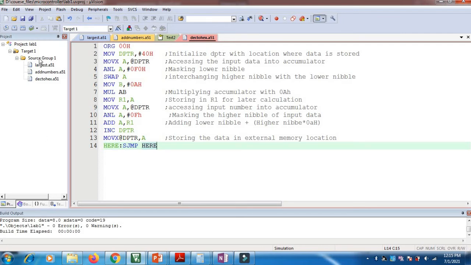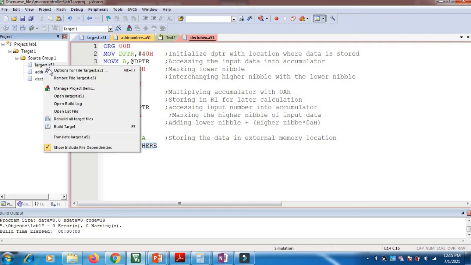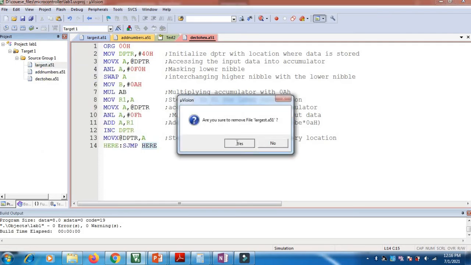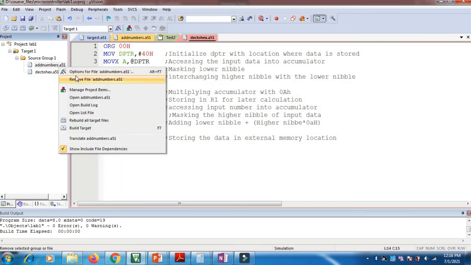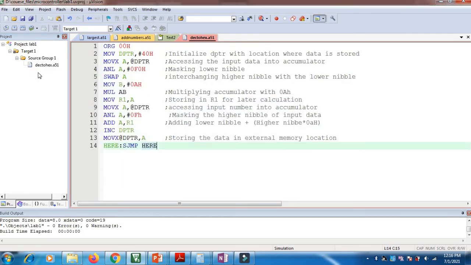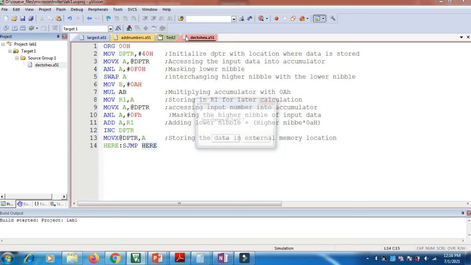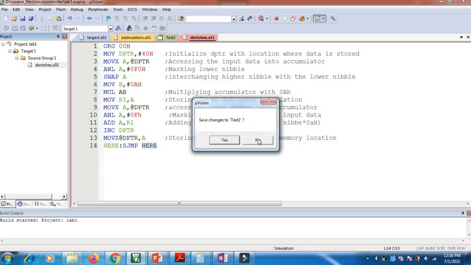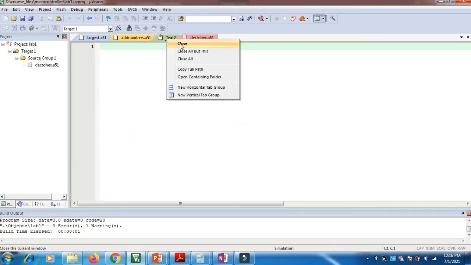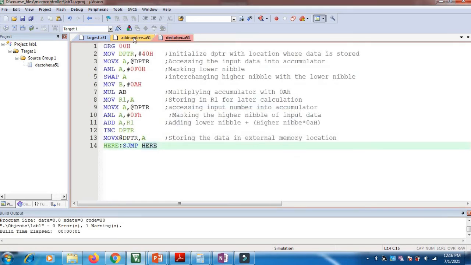Okay, so let's run this program. First we'll check for errors. Okay, no errors.